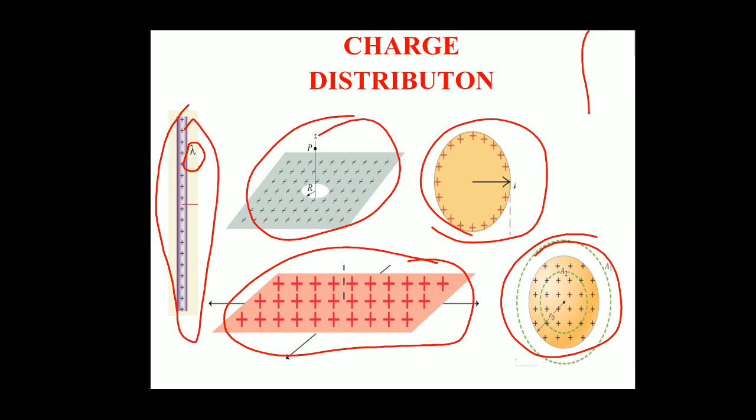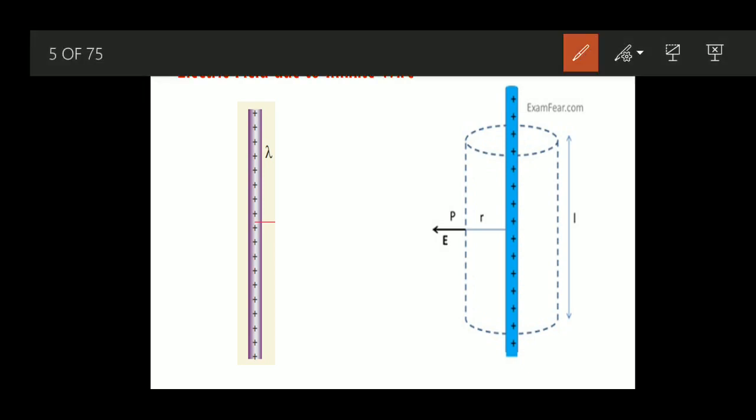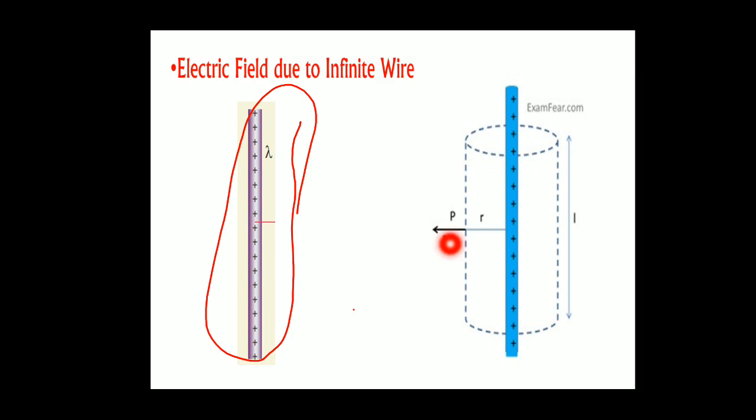So shall we go? The first one is electric field due to an infinite wire. I have taken a wire of infinite length. What is infinite length? It is very long; you take it so. But we will study a small portion of the length here. Suppose I take this diagram, the same wire, where each point has a charge. That charge arrangement is represented here with the blue color. So this is the wire which carries a charge. This is a linear charge distribution.